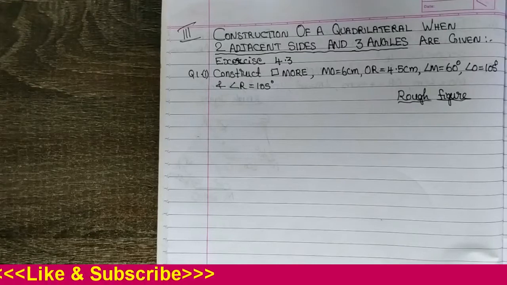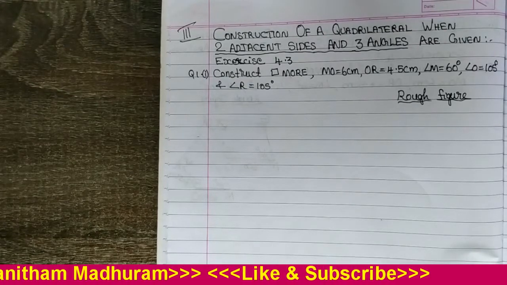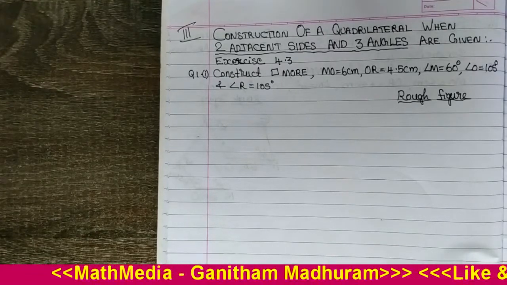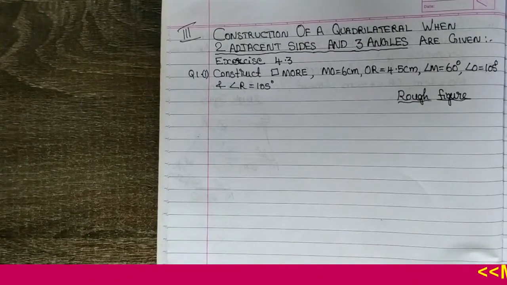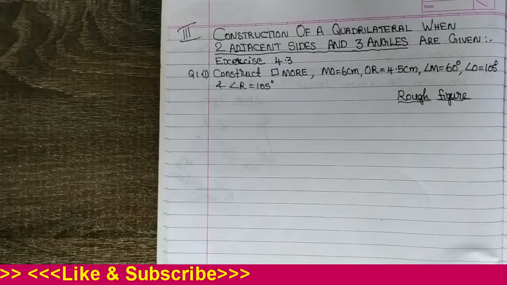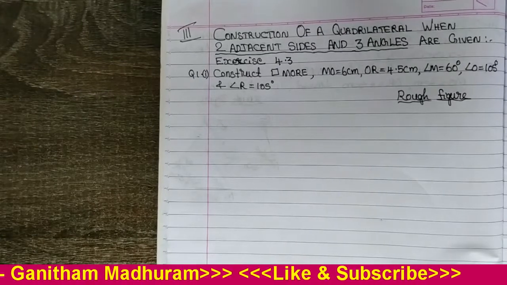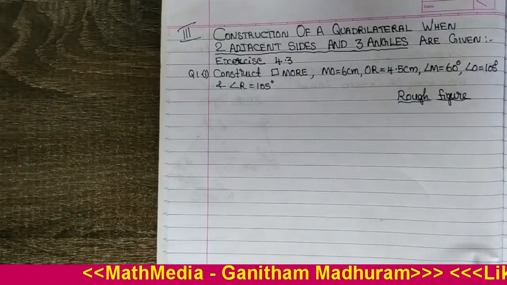What is the first step of constructing the quadrilateral? Yes, the first step is we have to draw a rough figure. So, let me draw a rough figure of the given quadrilateral. Now, with the given measures, we have drawn a rough figure of the quadrilateral and marked the points given in